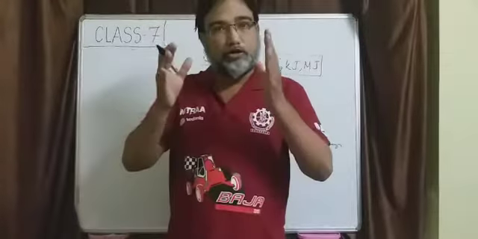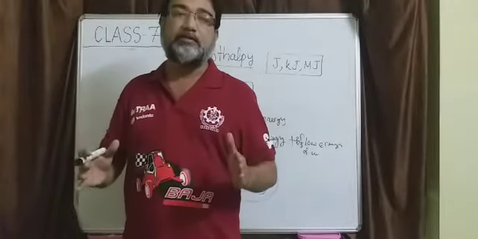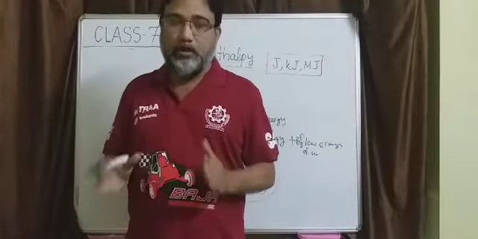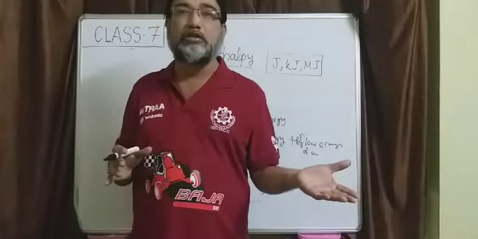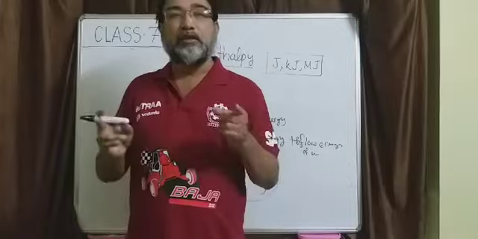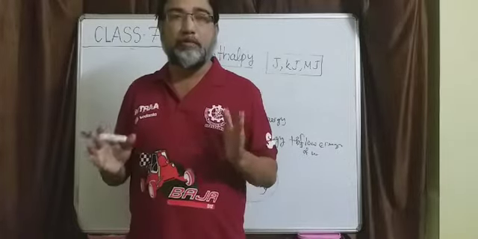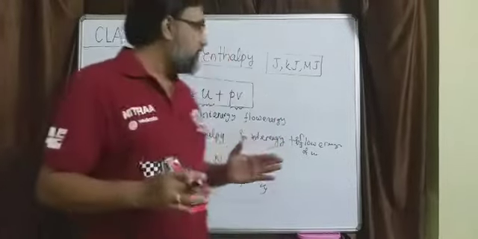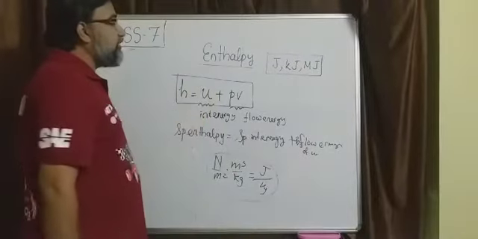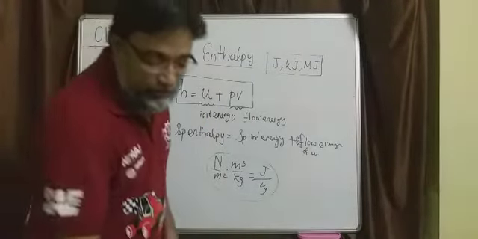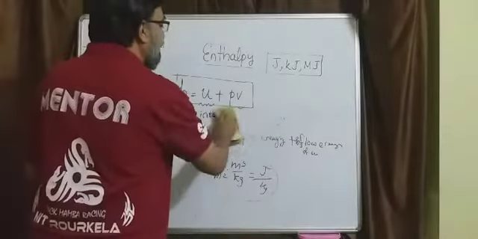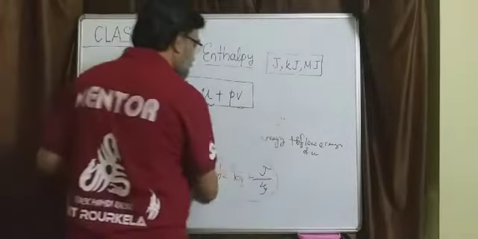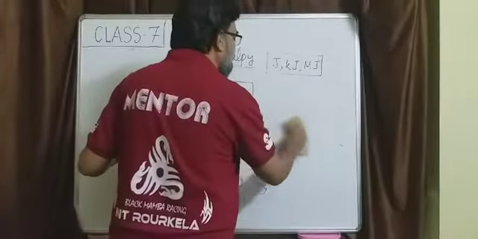So by virtue of its existence, a gas occupies some volume v, for unit mass of gas, and it also exerts some pressure on the walls of the container. The product of these two is simply called flow energy, and the sum of internal energy and flow energy is the total magnitude of enthalpy possessed by that system. So I have written it in the specific form.